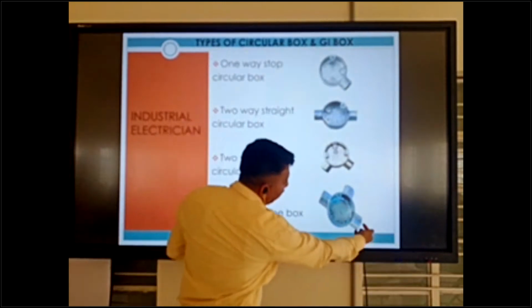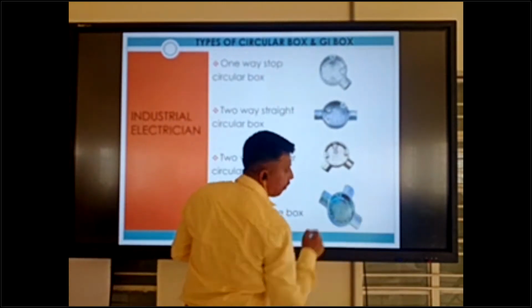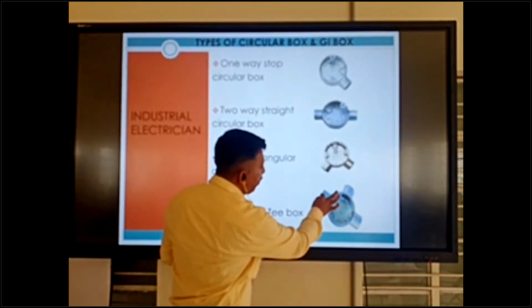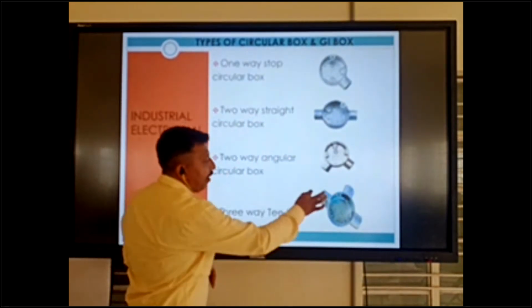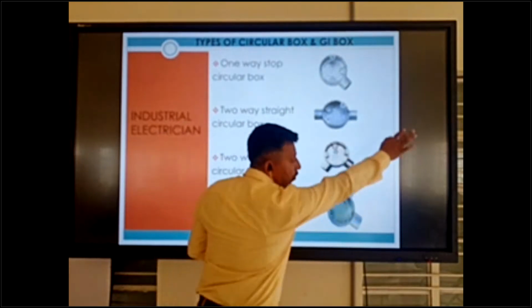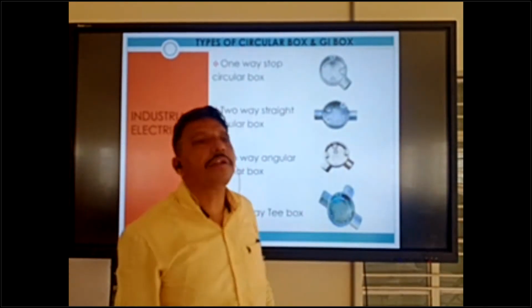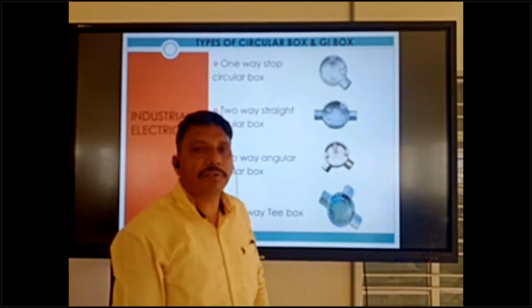Direct from the DB, the incoming you can fix in one area, another goes to the switch box area, and the next one goes to the next point. So in that type of condition you can use a T box.